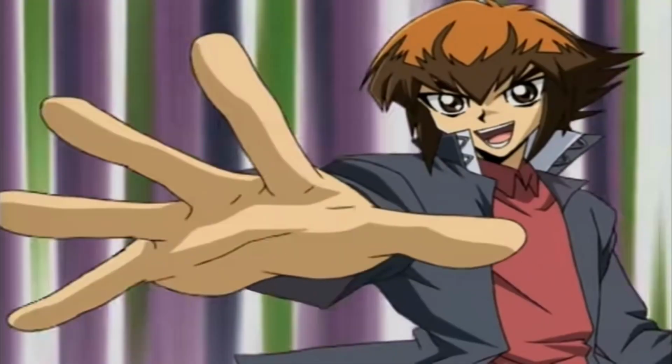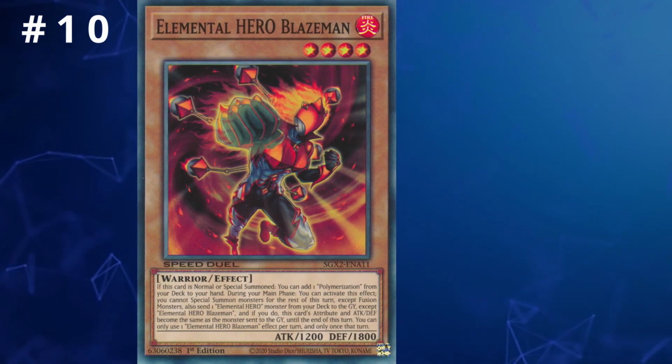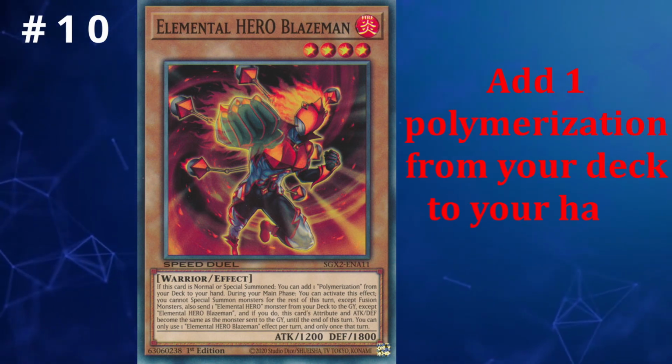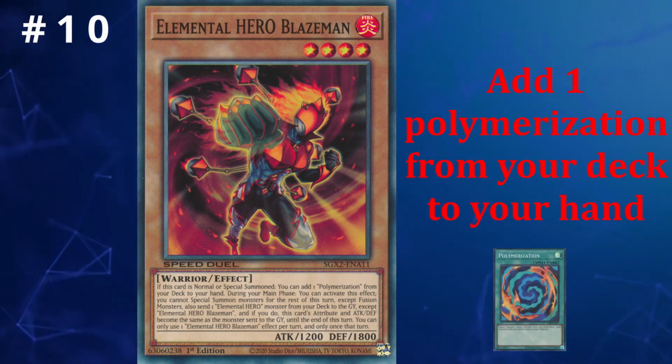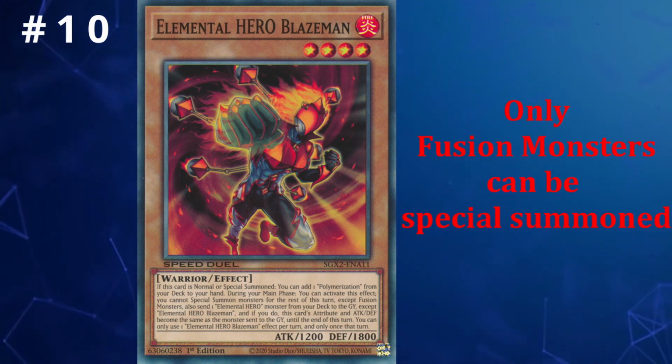Now, with the intro to the archetype out of the way, let's get started with our number 10 card, Elemental Hero Blazeman. When this card is normal or special summoned, you can add a copy of Polymerization from your deck to your hand. This does however come with the drawback that you can only special summon fusion monsters after you activate this effect. This doesn't sound too bad, but there are unfortunately powerful link monsters that hero strategies can take